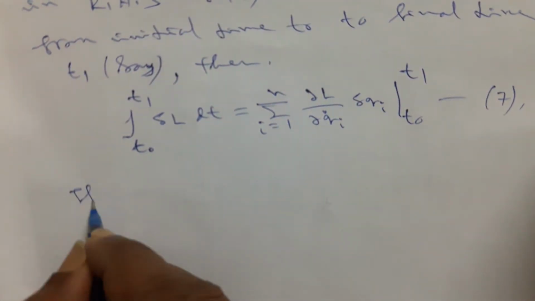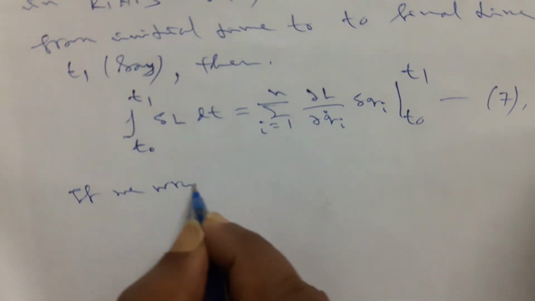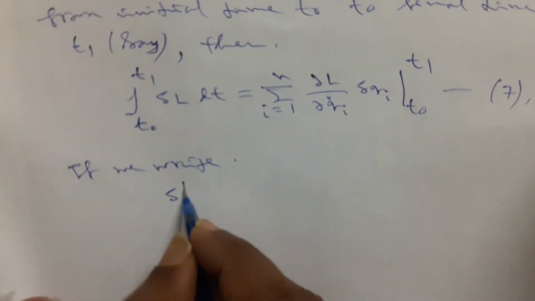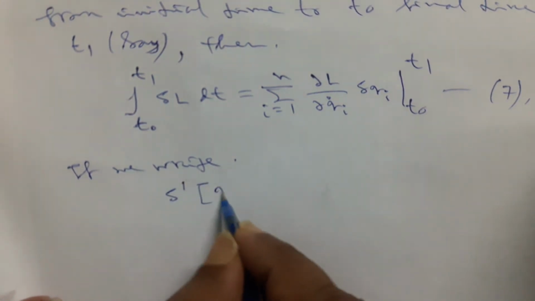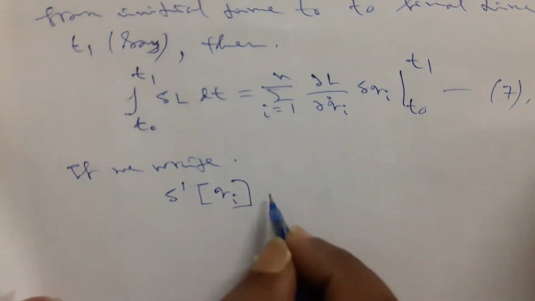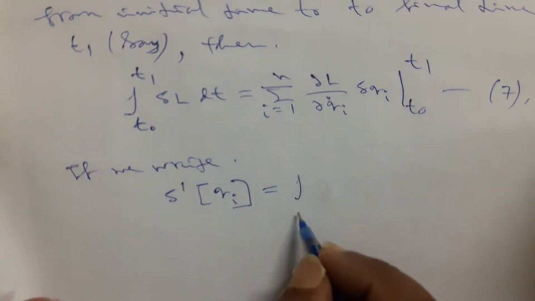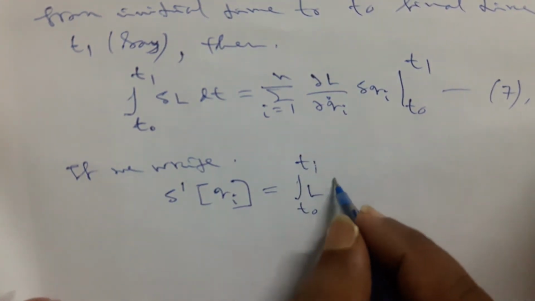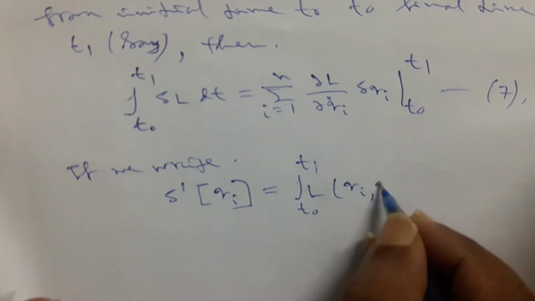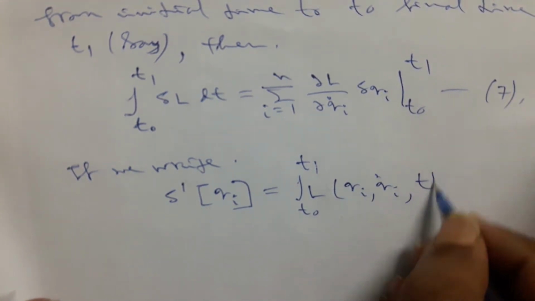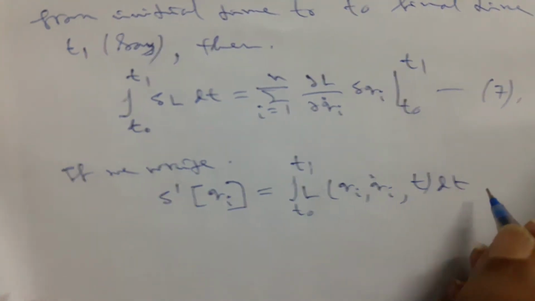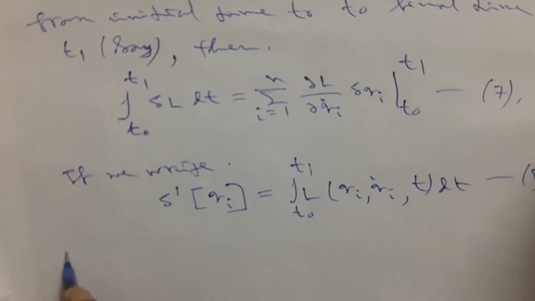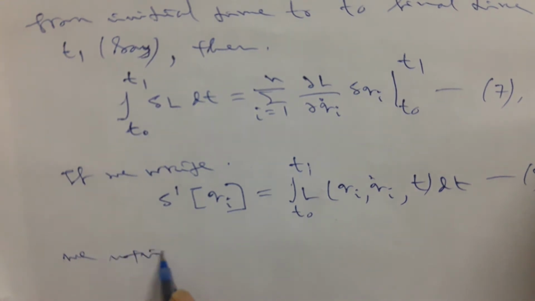If we write that S dash of qi, then it will be the integral from t0 to t1 of the Lagrangian of qi, qi dot and time t, dt. If we take equation number 8, we notice